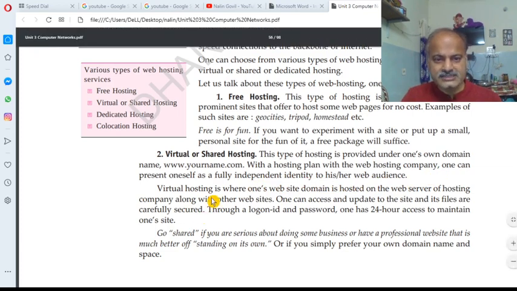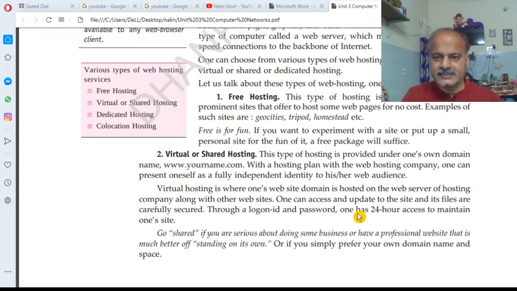So virtual hosting is where one's website domain is hosted on the web server of the hosting company along with other websites. One can access and update the site, and its files are carefully secured through a login ID and password. One has 24-hour access to maintain one's site.